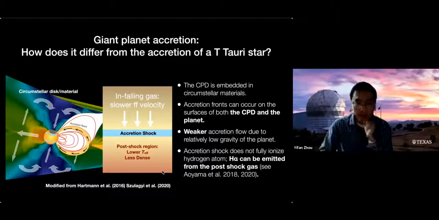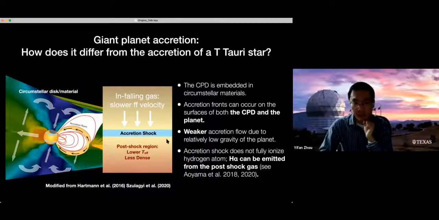So at the post-shock region on the planetary surface, the hydrogen atoms may not be completely ionized and they are not as dense as those in the stellar regime. So they may also be able to produce line emission for us to trace its accretion